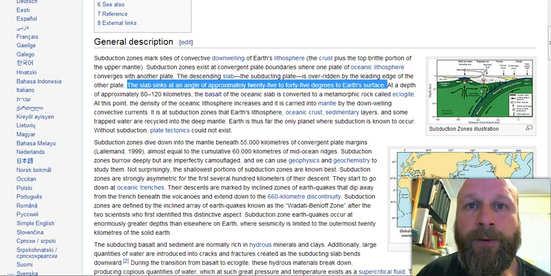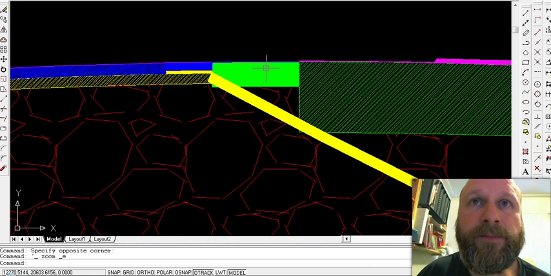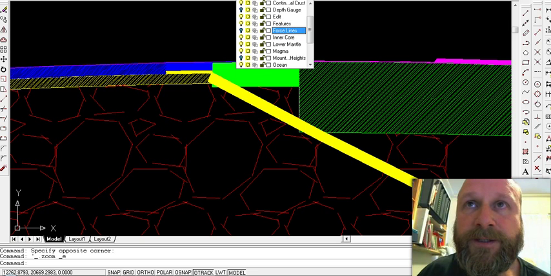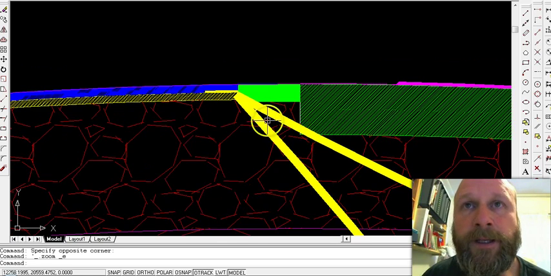Okay, so we've got this subduction layer at 25 degrees, and we'll just turn on the 45 degrees layer, and there we go. So this is being shown at 45 degrees.